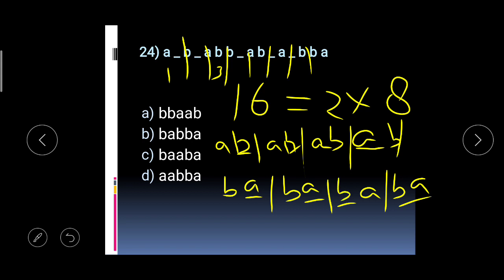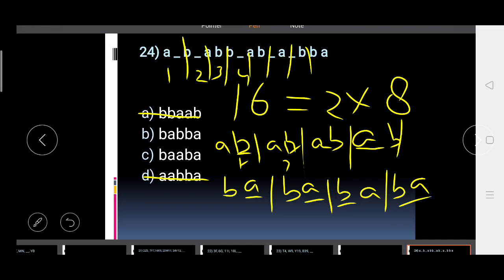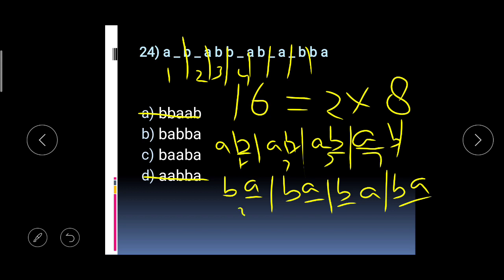How to find out the answer? See, this is B, so it should start with B, so this is not the answer. Now the second is from the second series, so next is A, so this cannot be the answer, right? Okay, B, A. Now the third is from which? It's from the second series itself. See, this is second, this is fourth, so this is 1, this is 3, this is 5, and this is 7, this is second, 4, 6, and 8, right?